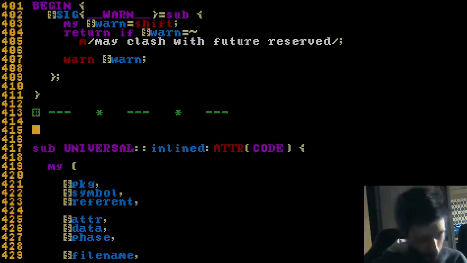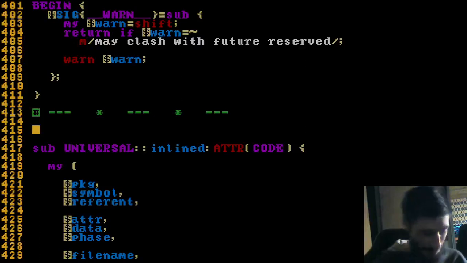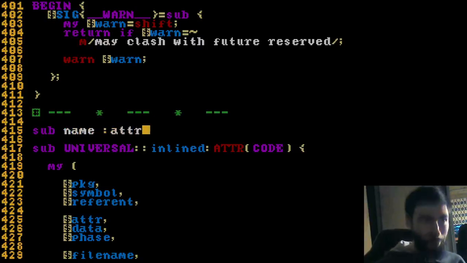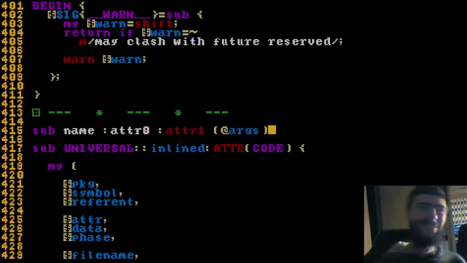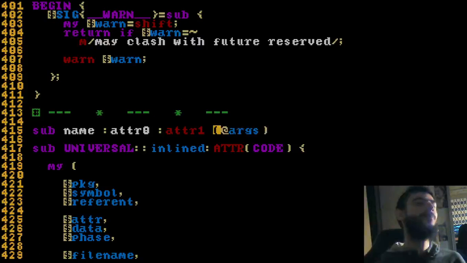And how does that work? I'm sorry, just checking that I'm recording anyhow. How does that work? Well, you write your subroutine, you write a colon, you put attribute, you can do attribute 0, attribute 1, and then a single space, and then your arguments. Like this apparently is the way it works. If you do it like this, it will assume that you are passing those arguments to the attribute itself, which I think is not a good idea. But anyhow,